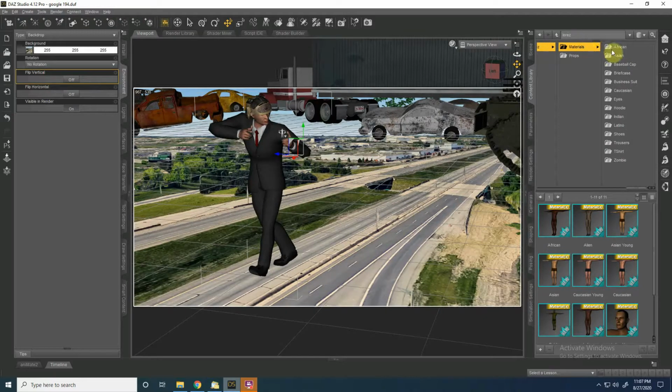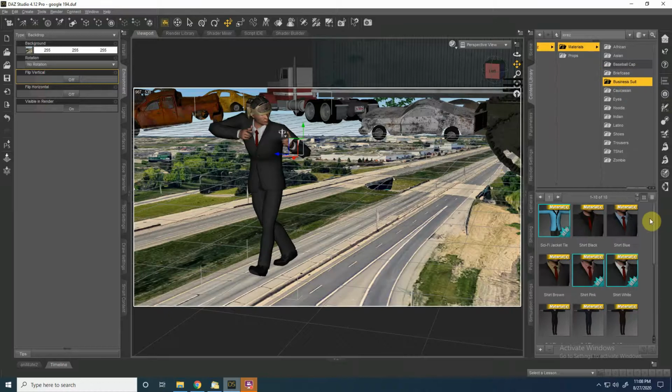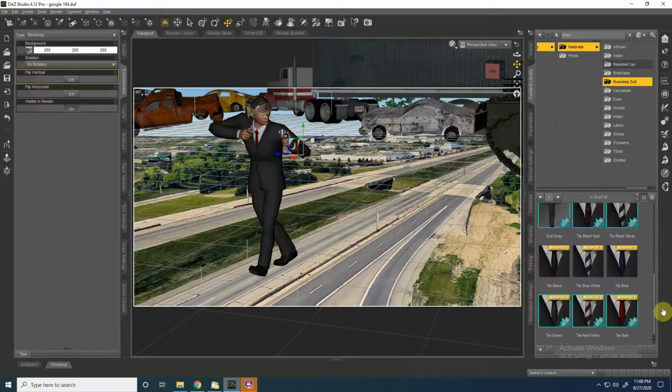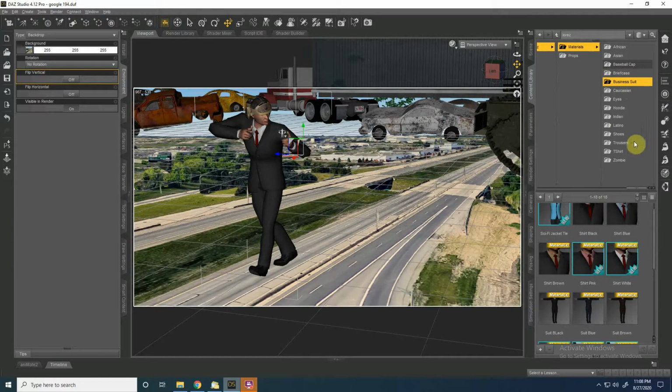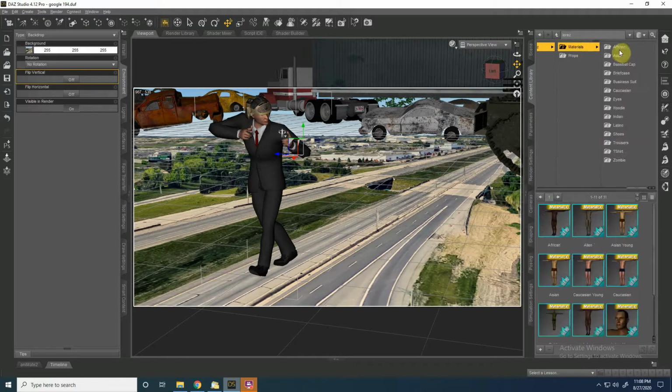So materials, I can pretty much make them all these different races here. Plus I have one click for all the different add-on stuff. So here's business suit. And there's no camo. Yep, and then there's all the different props for the colors. So let's